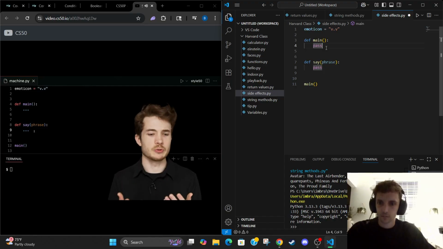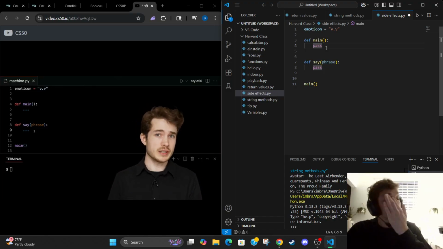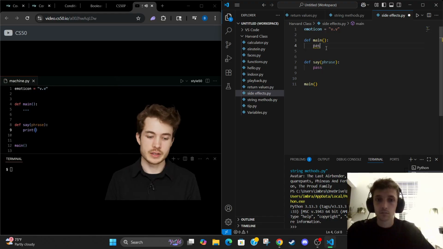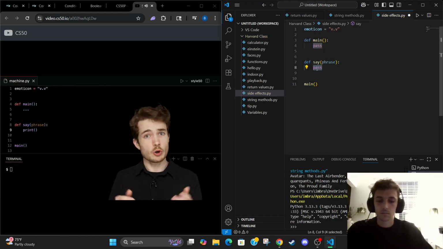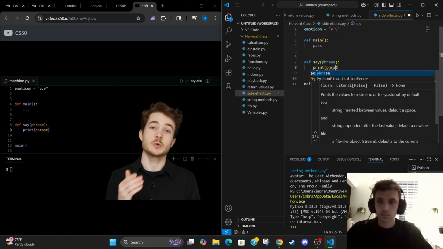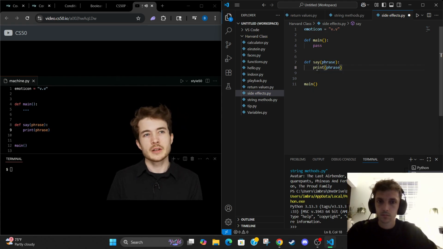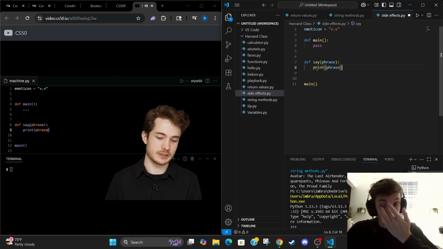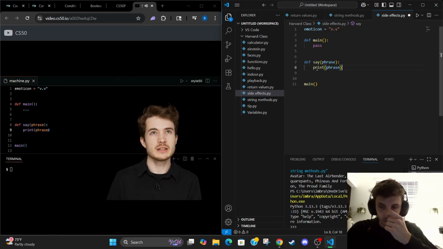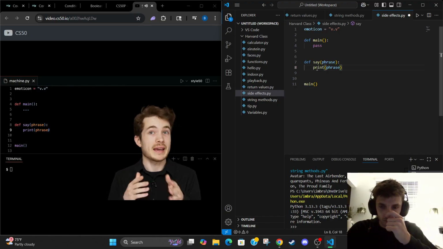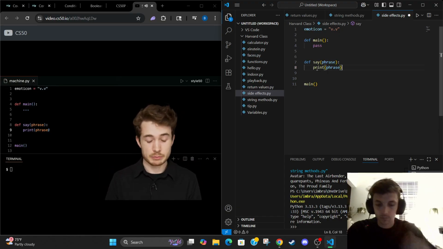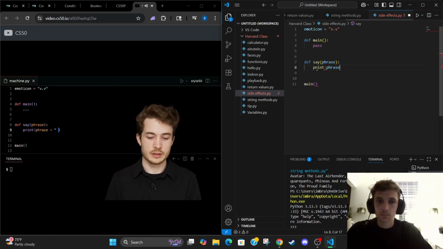Well, what should say do? I think really to say something, our machine should print something to the terminal. And so we can do that with a Python function known as print, just like this. And what should print? Well, probably the phrase, in this case, the phrase we gave as input to say. Now, if we're just using print, we haven't really added much functionality here to the say function. So why don't we have the machine able to say something, but then maybe append the emoticon at the end, so it kind of says something with emotion here. I'll go ahead and say print the phrase, but then also print on a space followed by the emoticon itself